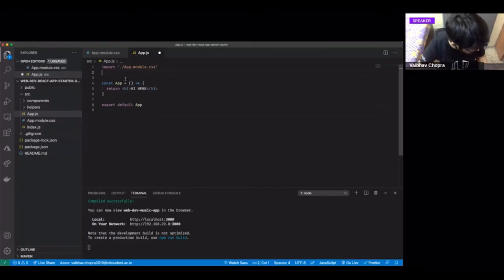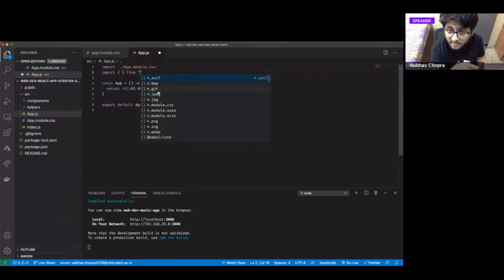So first of all, we'll import a few things from the browser. And here in React, we use a slightly different syntax for importing functions from the packages.